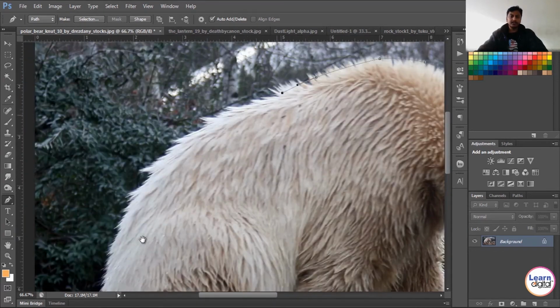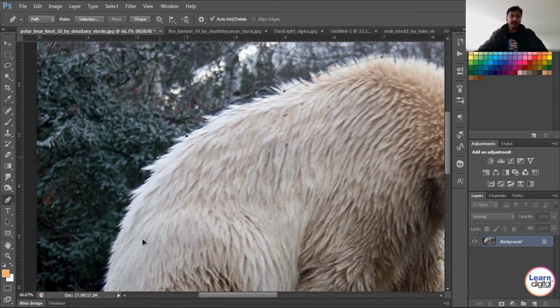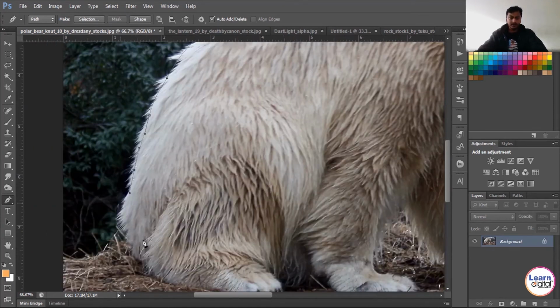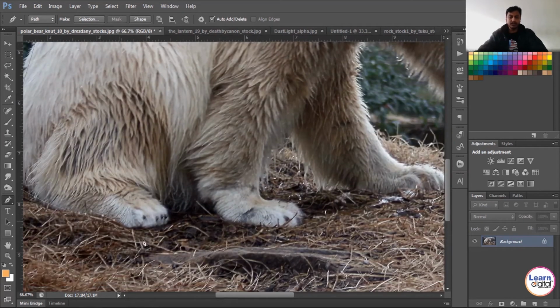So here edges you can see the furry effect. Randomly I'm selecting only the borders. So later on that I will go with refine edge, and then I will do the same process as we did for a previous image near hair detailing.